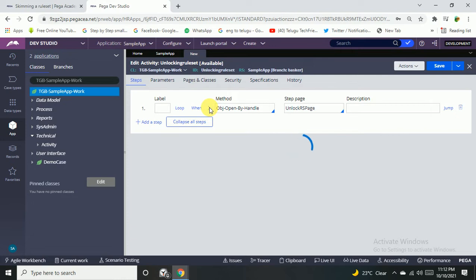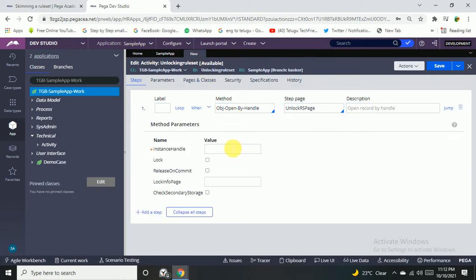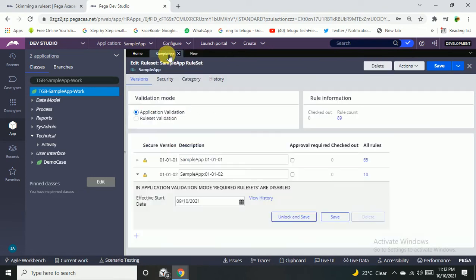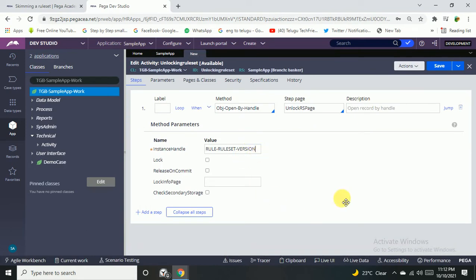Within this you have to pass the instance key which you have passed in the pages and class tab. You have to pass that here. Then take one space, just one space. Which rule do you want to perform the operation on? Now I want to perform the operation on this rule set, so that's why I want to take this one. First take your rule set name, just copy it, take one space, then paste it.